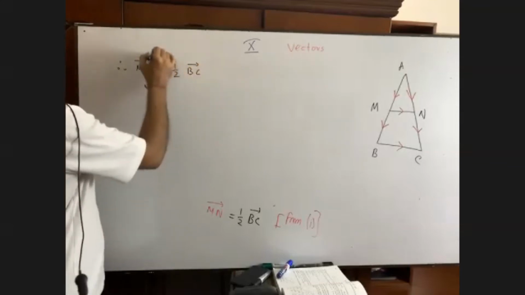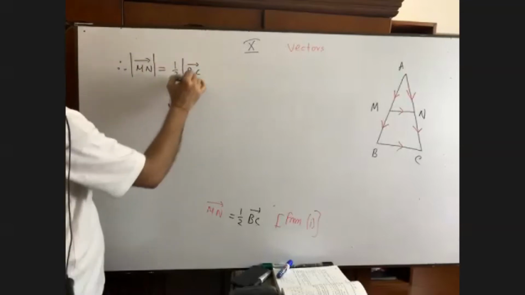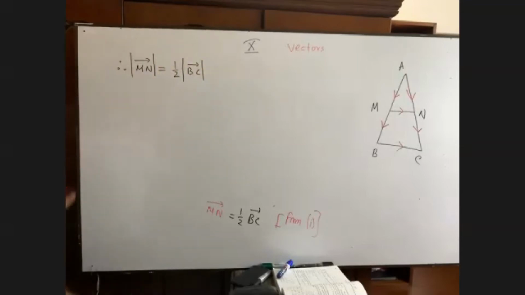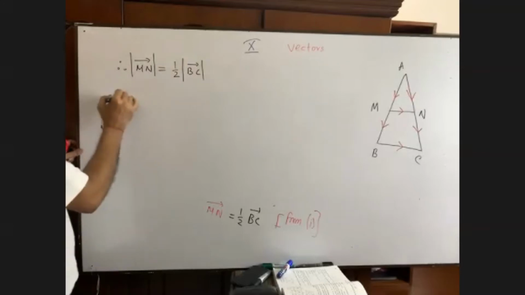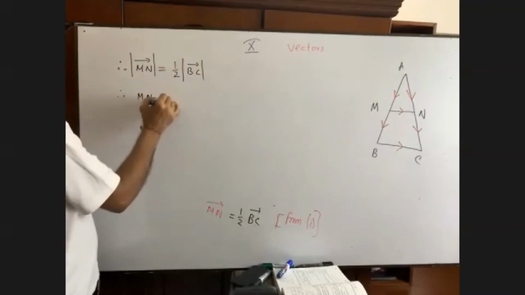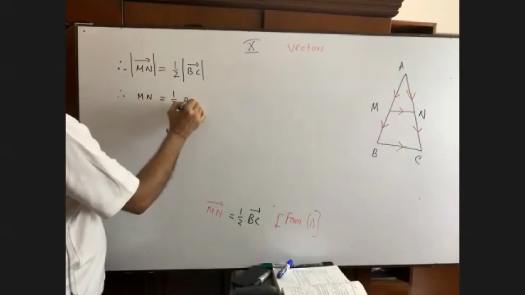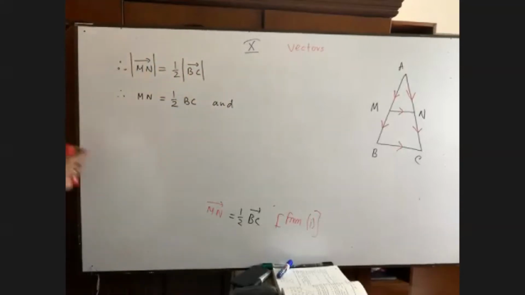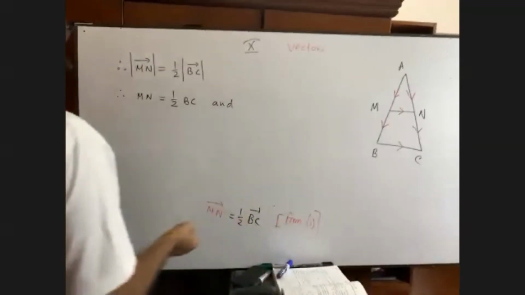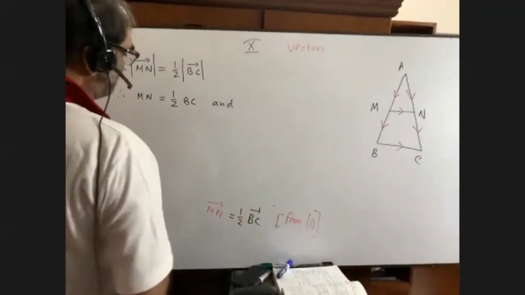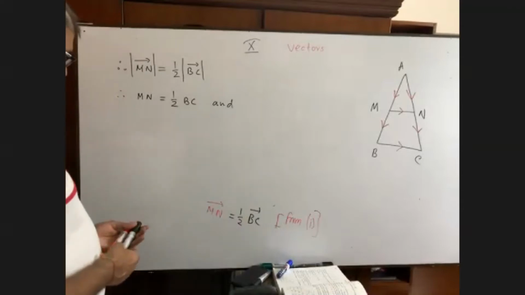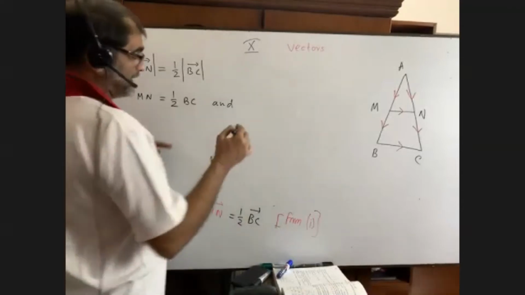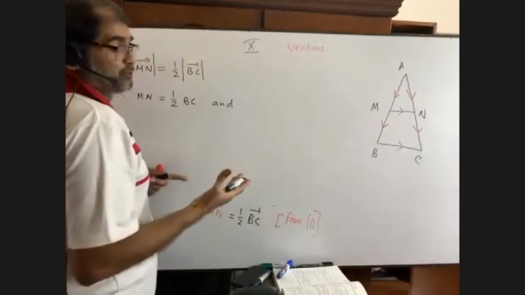What I told you to give absolute value sign. Right? That means Mn is equal to half of BC. And that lines of support, will I write or you will write it? I have written it about 10 times. Be equal or parallel. Yes, same or parallel. Okay? Will you write again? Okay, I'm writing it because it's the most important math.